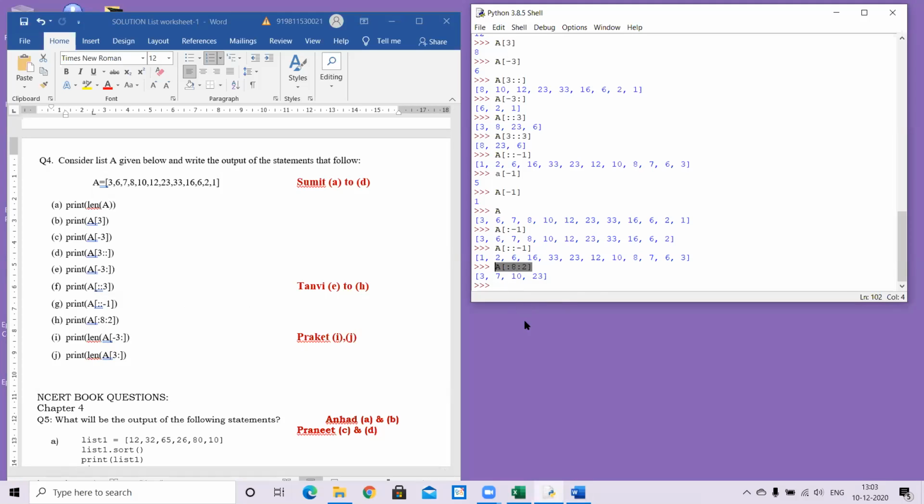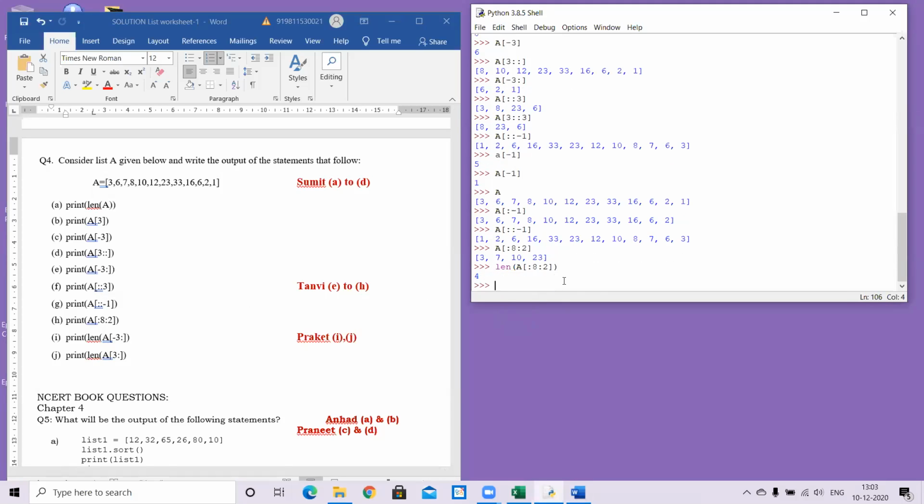And count of the output which are remaining. Four. Yes. It will be the count of the output which I have got with the help of my slice. Count of the output which I have got with the slice. So because there are 4 elements, I get 4. Fine. So that is the story here.